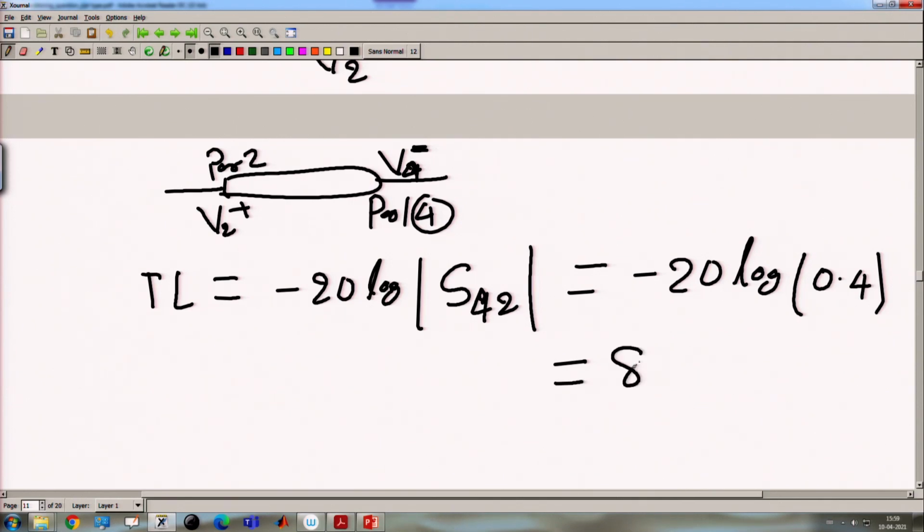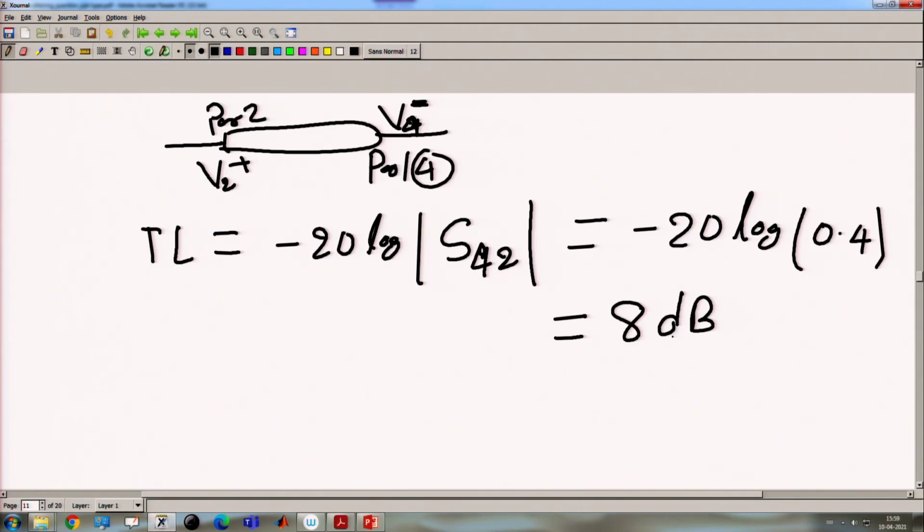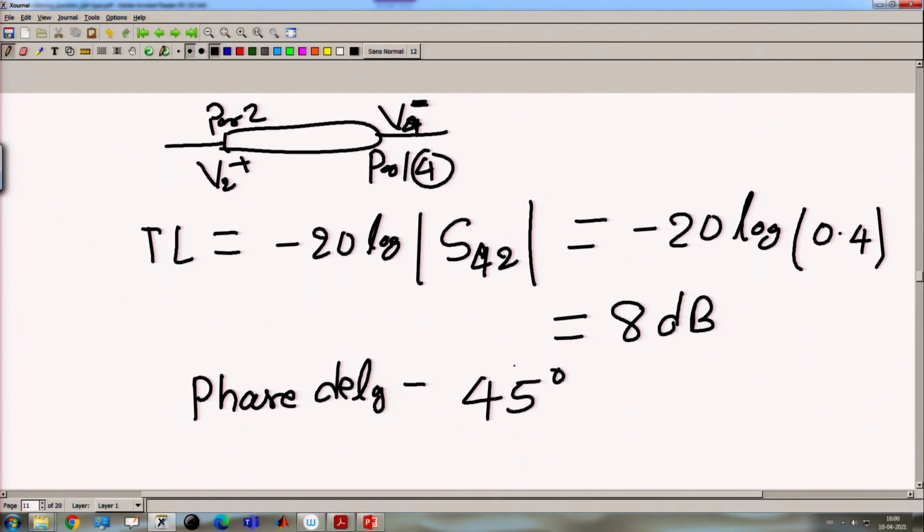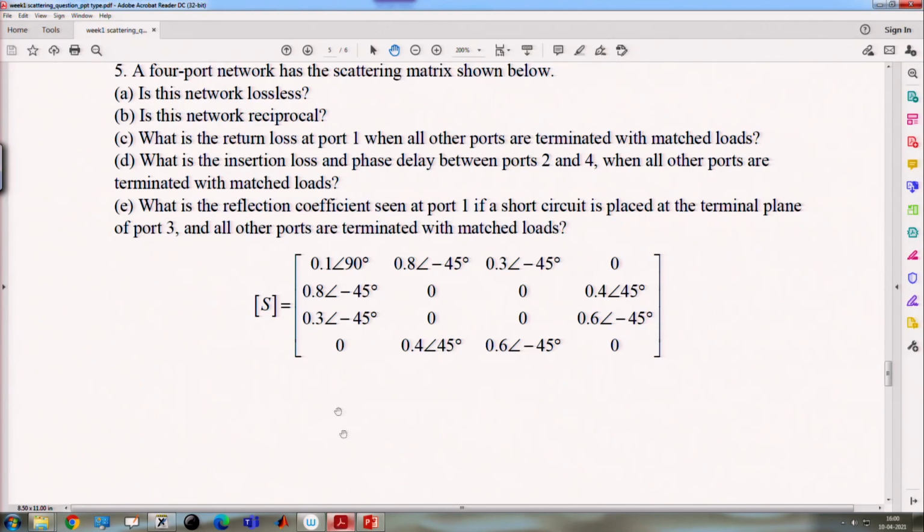So, insertion loss from port 2 to port 4 will be 8 dB, and phase delay will be 45 degrees, that we know from the S42. For the next part,